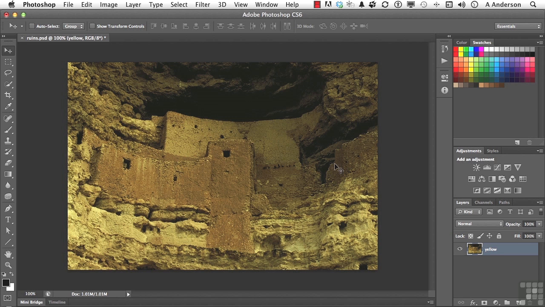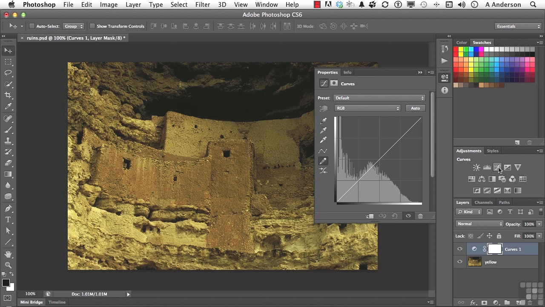You could take outdoor-based film and shoot indoors with fluorescent lighting and produce a green cast. Color casts are pretty common, and they're not that difficult to get rid of either. So if we go into curves, I'll use this little button right here. In curves, we can do this a couple of ways. Let's actually use two. I can come in here and choose the color to remove, but you'll notice you don't